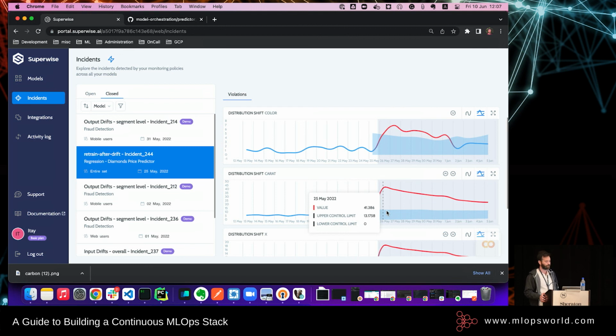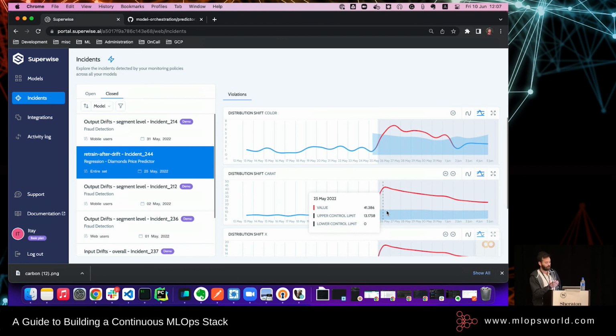There are 3 ways to understand if your model is misbehaving. One of them would be to compare the performance of the model, trying to compute the RMSE of the production, the label versus the predicted values.